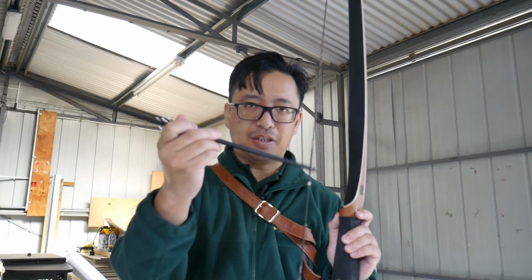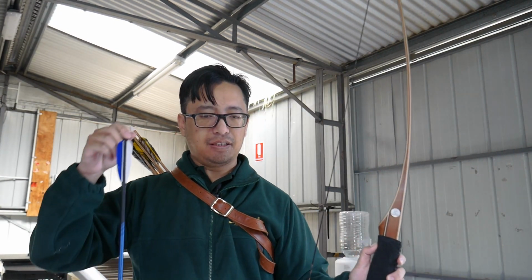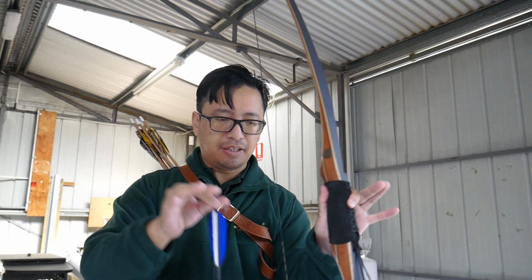But if it's your own bow and it's brand new, I'm sure you wouldn't be very happy if you started poking holes into the belly. So how do you avoid doing that? Now, from the club bow side, the poking happens almost universally for one reason. It's because the learners, and again, they are learners, they're not used to handling bows and arrows, that's why it's